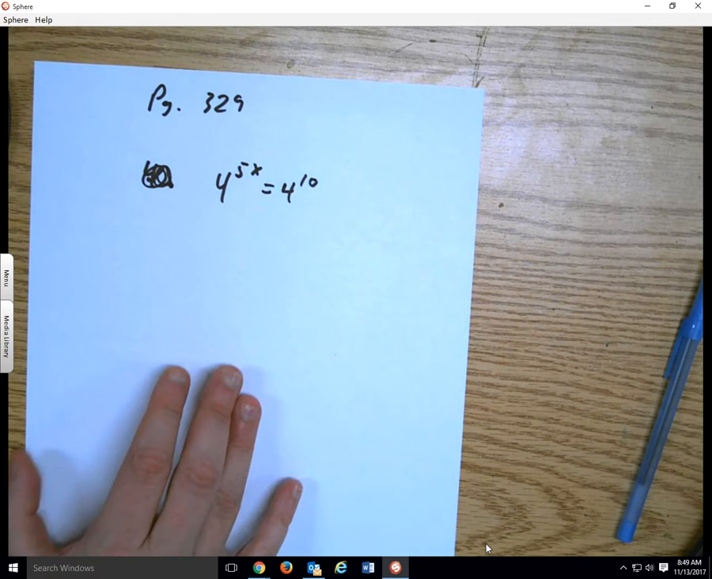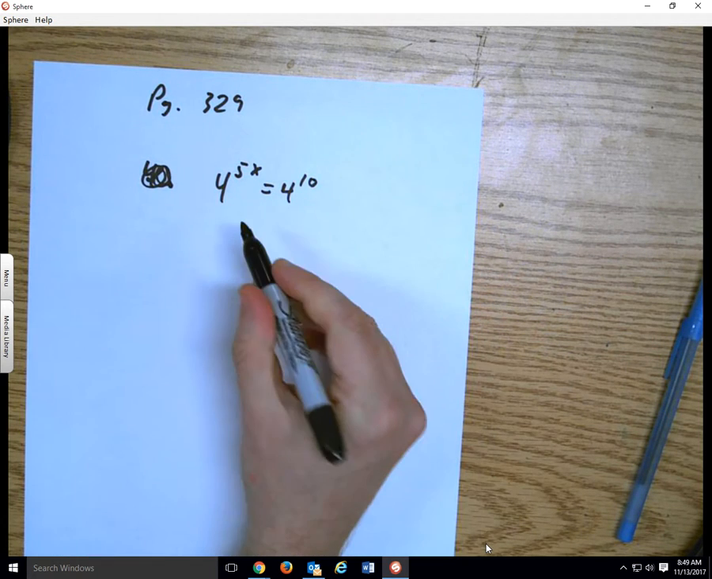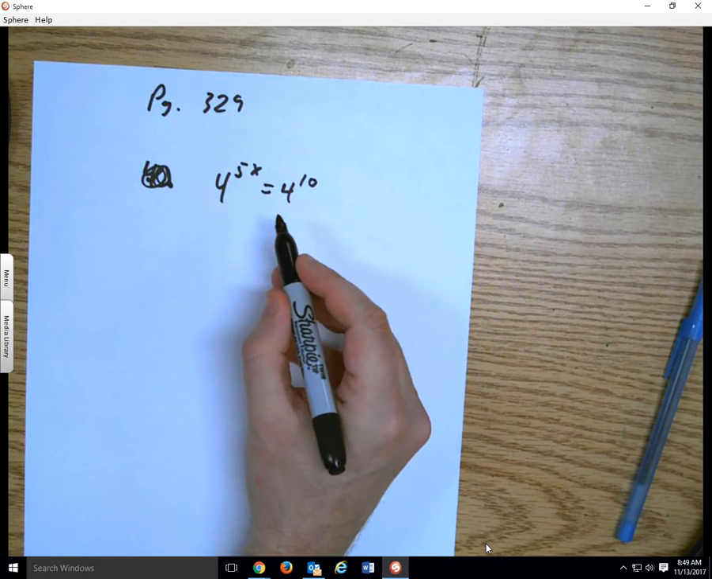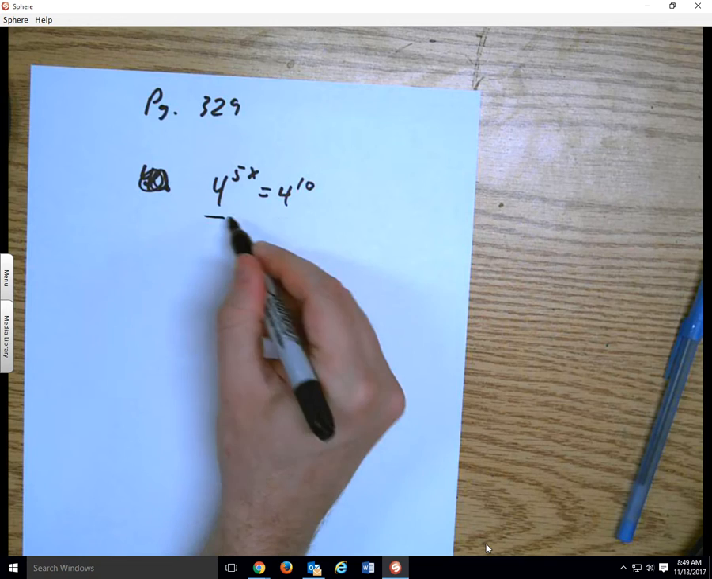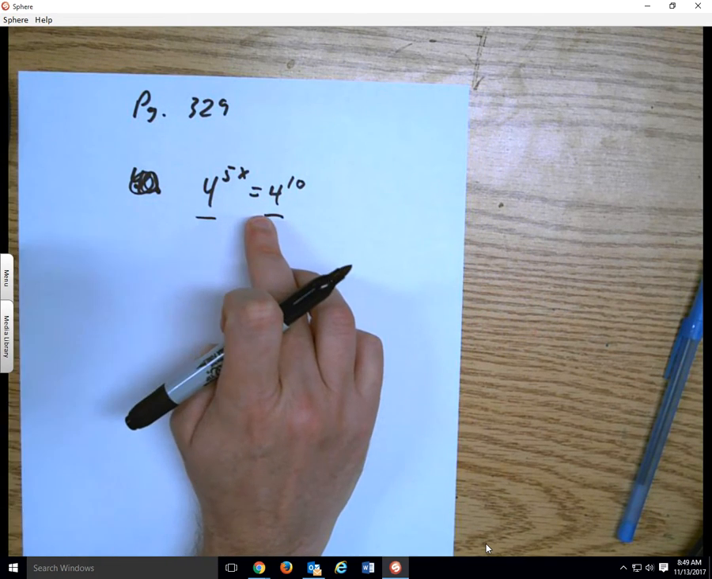Alright, so it says solve the equation, check your solution. In order to solve this one, do you notice that they have the same base number? Do you see that? They both have what as their base number? Correct. Since 4 is the same base number and they're equal, you can just say, well, these are the same